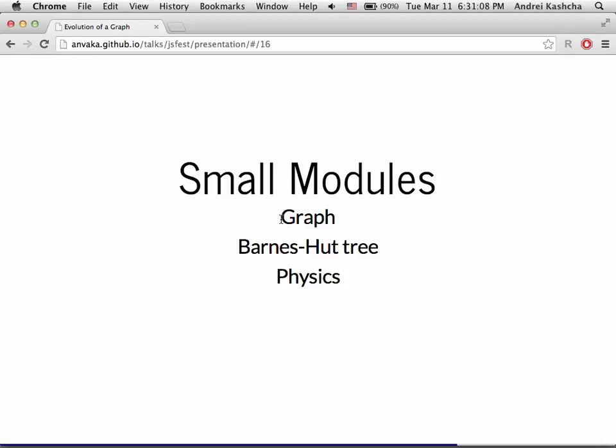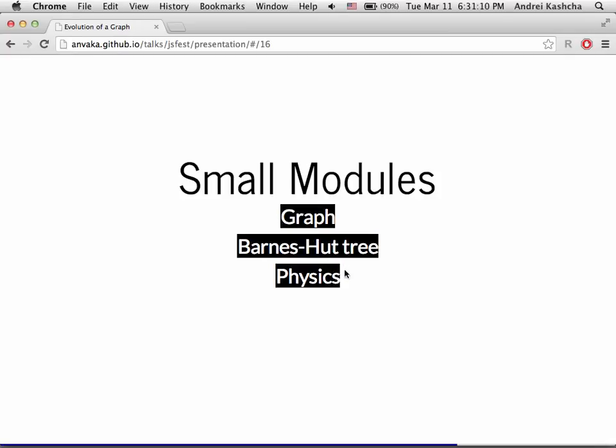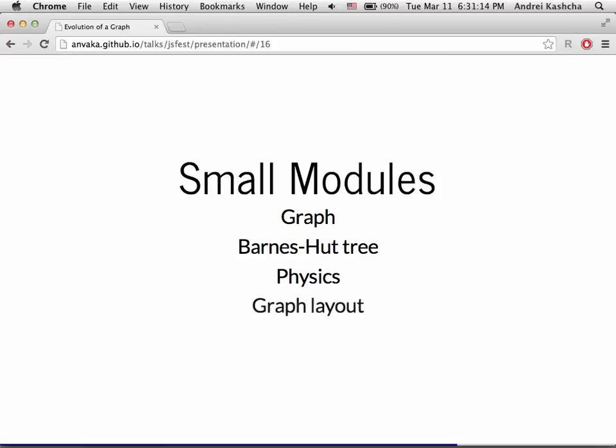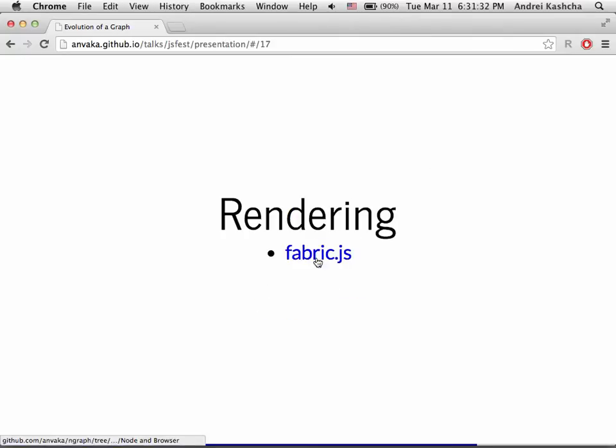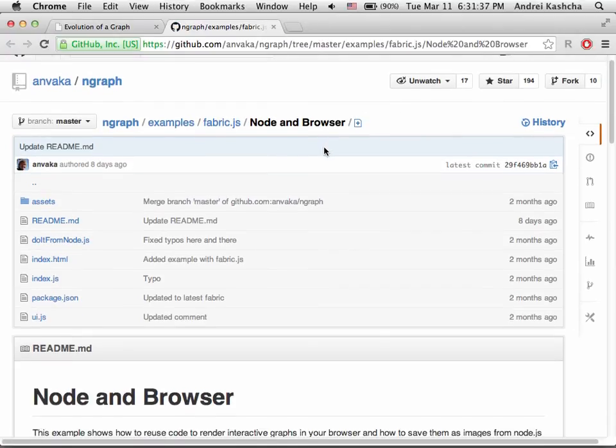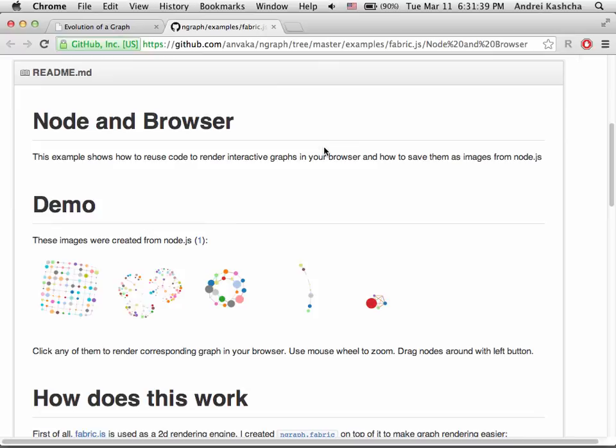Now, composability is a huge part here. If you combine these three together into one package, you'll end up having a force-based graph layout module, which knows how to lay out a graph in memory, but it doesn't really care about how you represent the graph on the screen. So for that, there is a separate module which you can use to render graphs with your favorite rendering library. Here's an example of the fabric.js library, which renders graphs, a very popular 2D